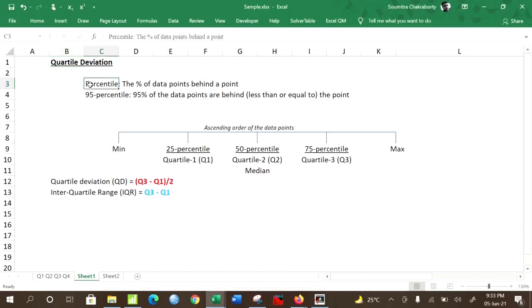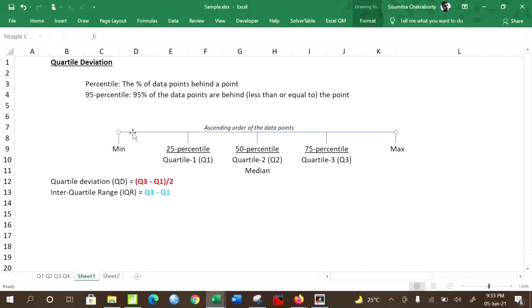Now first of all, note how you define a percentile. Basically, a percentile is a percentage of data points behind a particular point. For example, if you say 95th percentile, it means that 95% of the data points are behind a particular point.